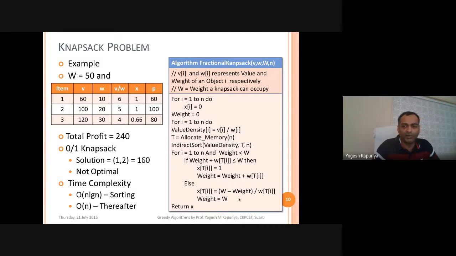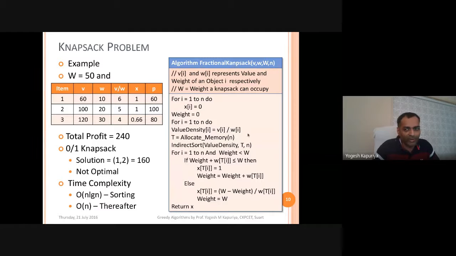If we discuss the time complexity, then if you remember the step count, when you have a single for loop, the time complexity is always big O of n. So the time complexity for this for loop will be big O of n because it is running n times. Then this is a constant, weight is equal to 0. Again you have one for loop where you are computing the value density.